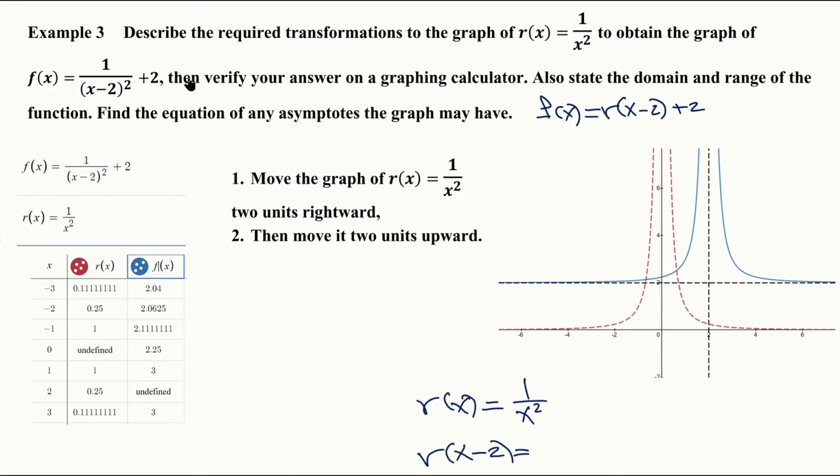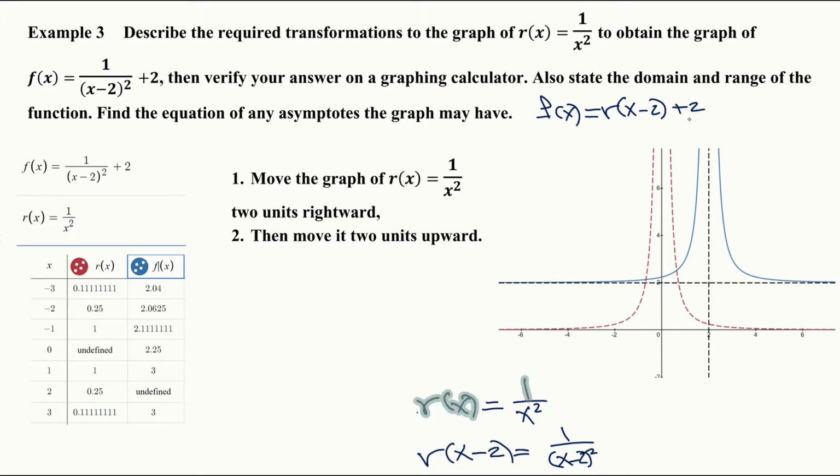That means wherever you see x, replace it with x minus 2. So this becomes 1 over quantity x minus 2 squared, right? And then notice there's a plus 2 at the end, so that's why we said r of x minus 2, which takes care of this part, and then we need a plus 2 at the end. Okay,